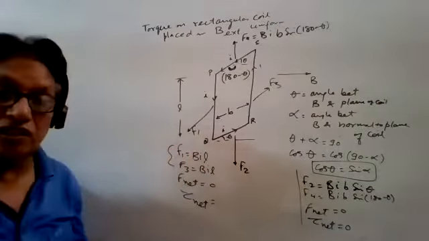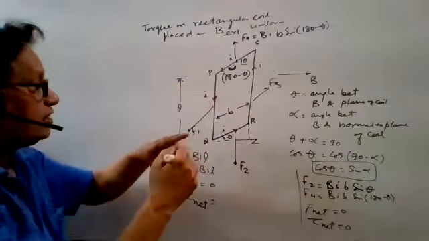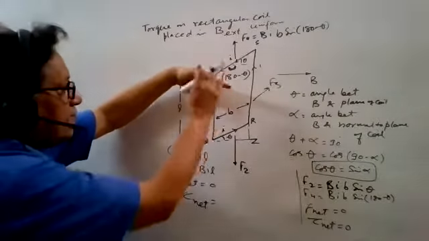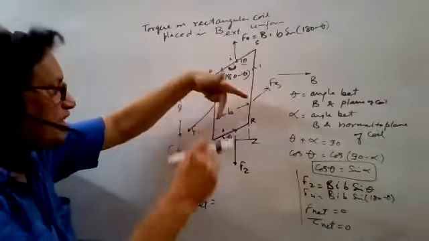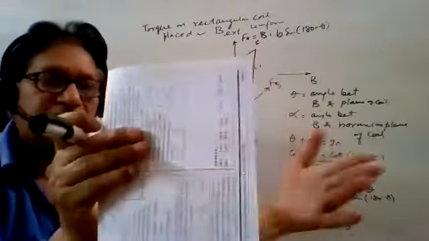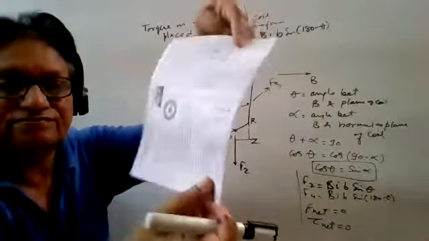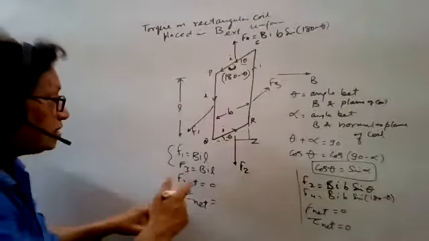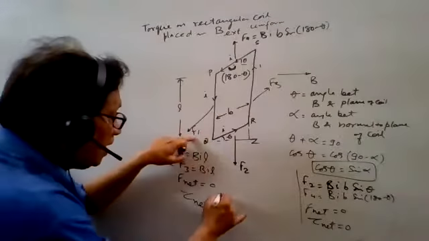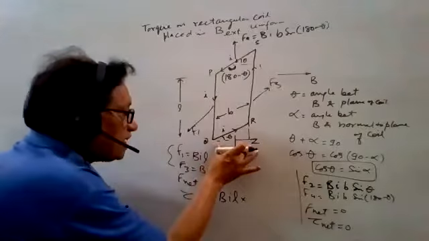What is the torque here? Torque is simply force times the perpendicular distance; let us name it Z. You can find the direction of the force like this: the current here and the magnetic field give a force towards you, and here the force is going inward. That is why they make a torque, and because of this torque the coil rotates. So what is the torque here? The force BIL multiplied by the perpendicular distance QZ.